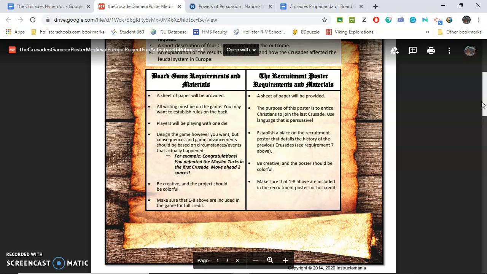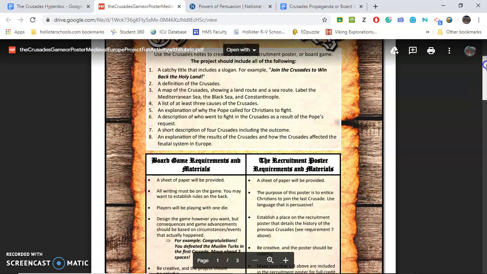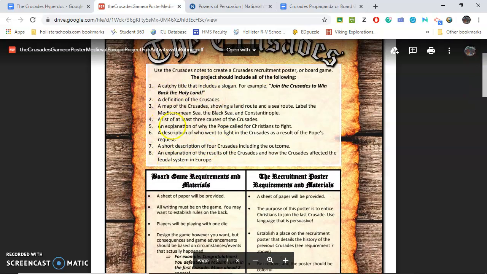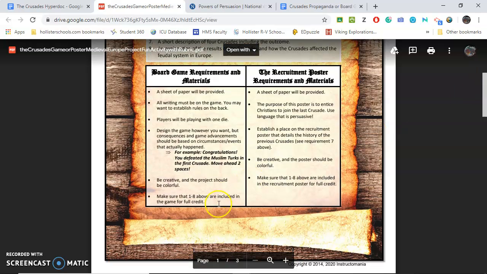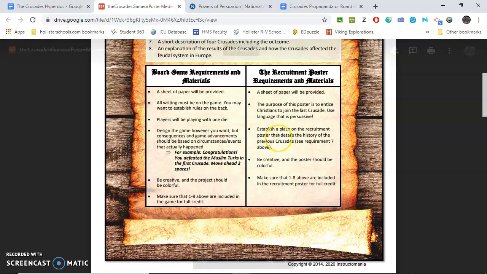for full credit. I'm not quite sure what that means, so you can skip that. Oh, you need to make sure that you have all of these, the project information, all of these criteria, the information you need to have needs to be on your board to get full credit. As far as the propaganda poster, sheet of paper, you can use